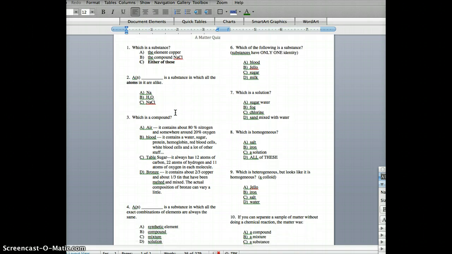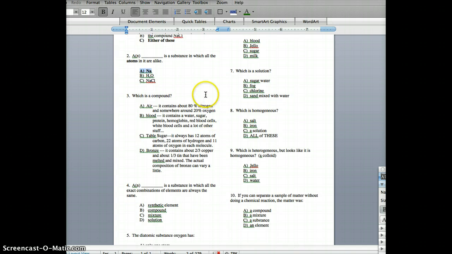Number two, if all of the atoms are just alike, that has to be an element. So the only element listed here is sodium. The compound would be something that is always made the same way. So the best answer here is something that always has 12 atoms of carbon, 22 atoms of hydrogen, and 11 atoms of oxygen. These other choices